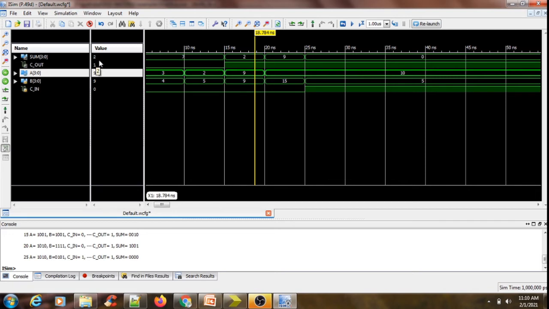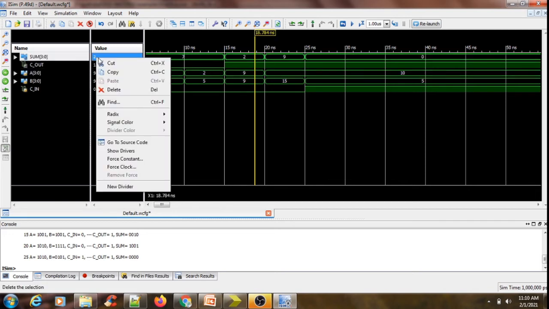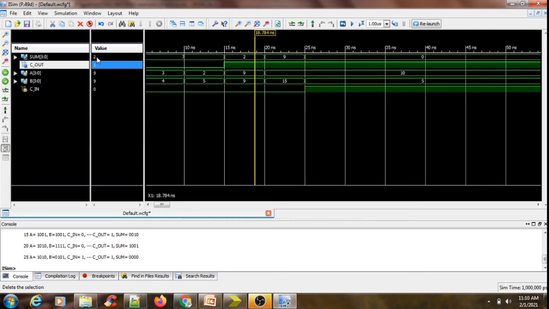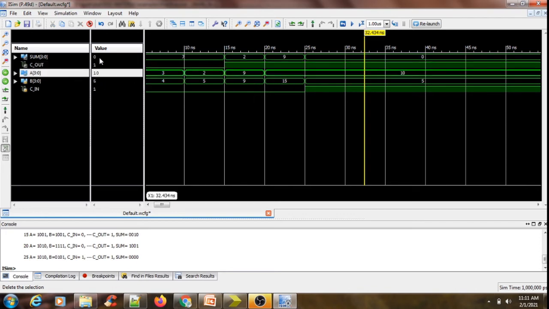What will be the corresponding binary value for 18? It is 10010. So carry out will be 1 and sum will be 0010, that means 2. So it is 18.